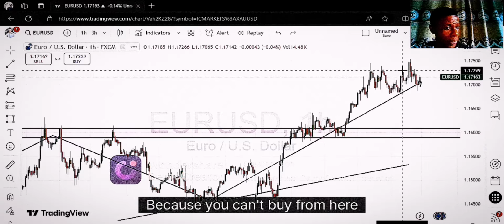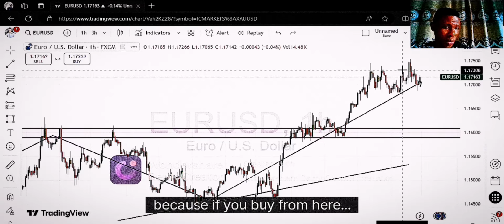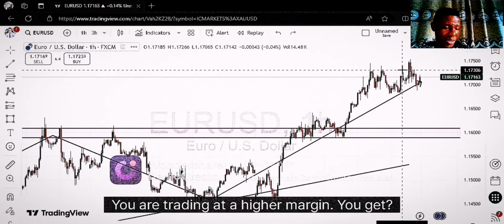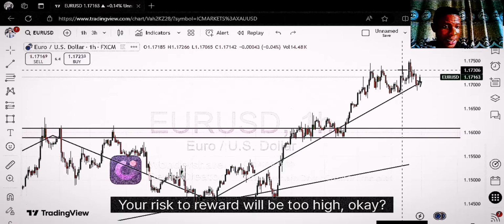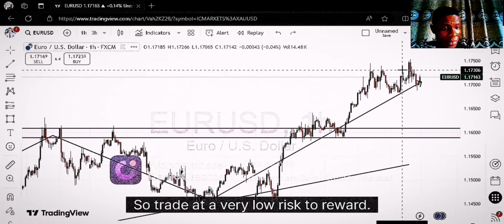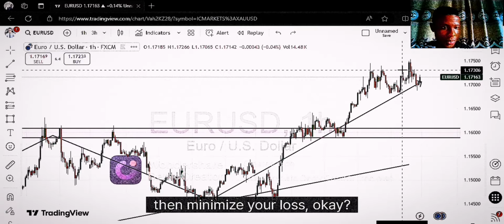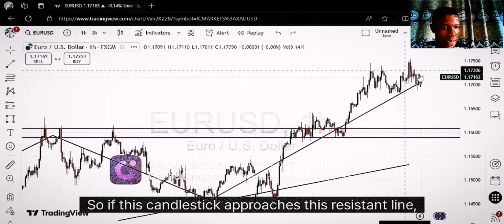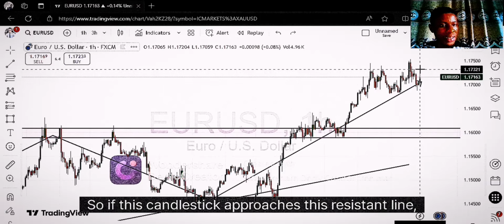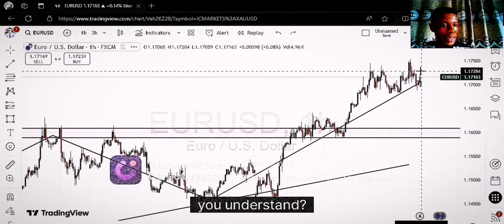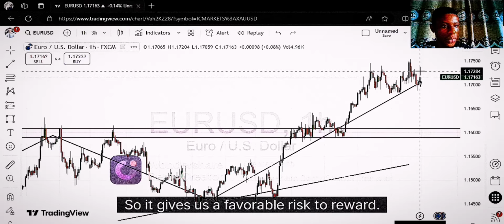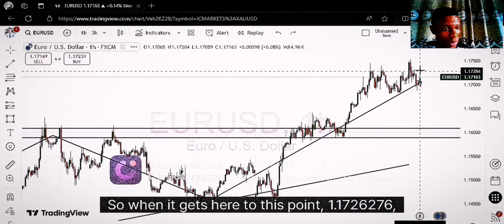You understand? Because you can't buy from here, because if you buy from here, you are trading at a higher margin. Your risk to reward will be too high. Okay, so trade at a very low risk to reward, so you make potential massive gains and minimize your loss. So if this candlestick approaches this resistance line, it gives us a favorable risk to reward. So when it gets to this point,